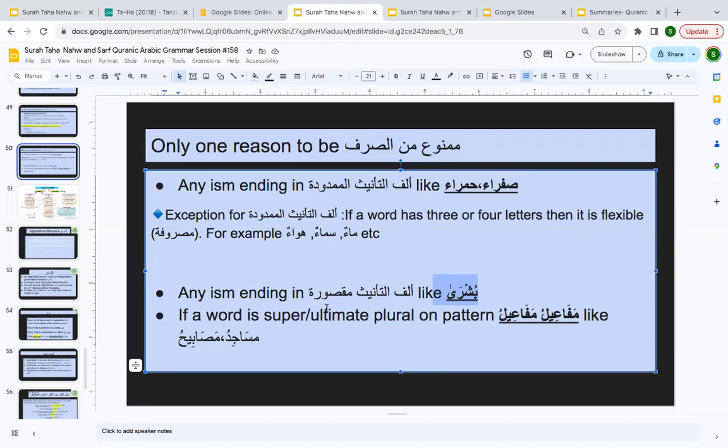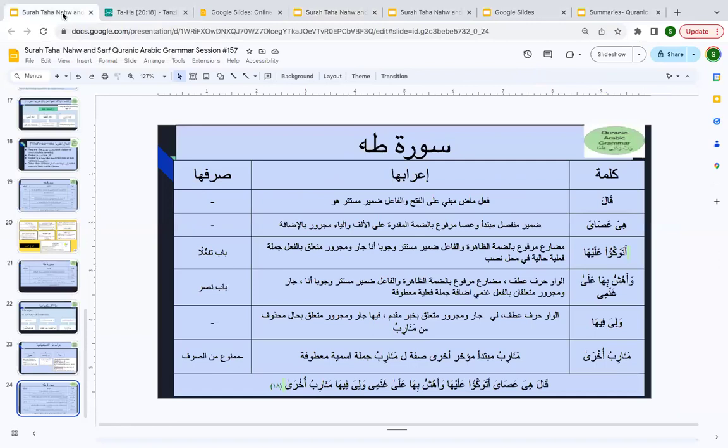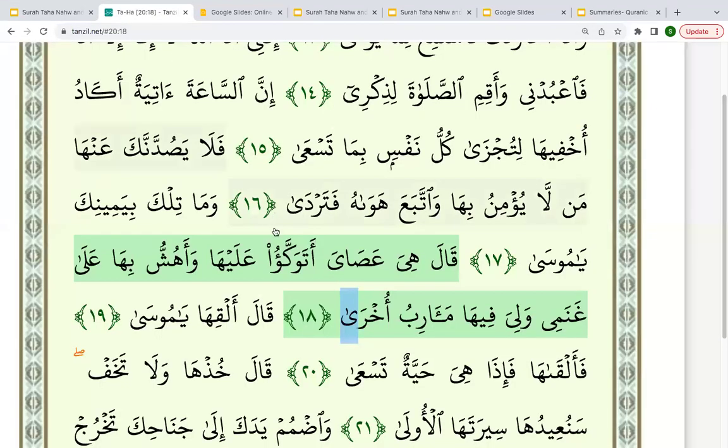Yes, it is that as well. Yes, it is ism tabdil. It is a feminine ism tabdil as well. Yes. Yeah, it is. So now, fu'ola. When you see this word, if I ask you what's going to be the flexibility of this word, it's going to be partly flexible.